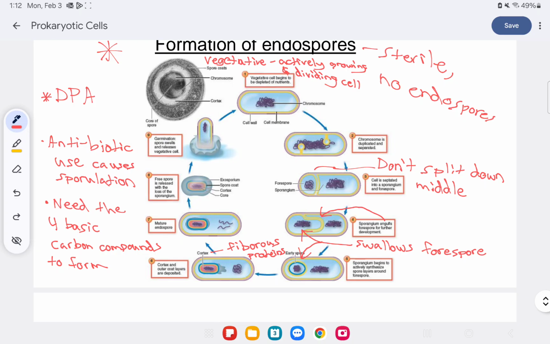Oh, if they're not vegetative, and they're not growing and dividing, they're still bad though? Even though they're endospores? Yeah. Okay, so here's what happens, because I haven't talked about germination quite yet. When the endospore finds itself in an area that is moist and has lots of nitrogen and carbon,